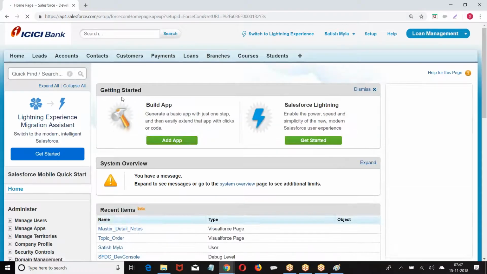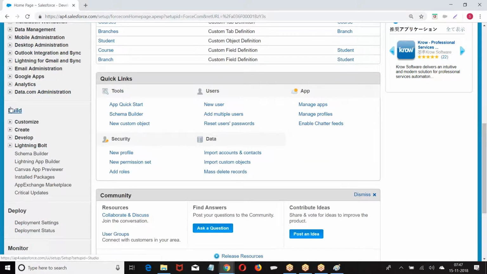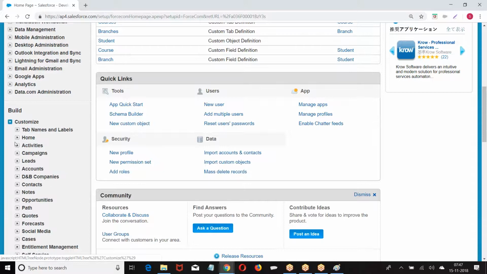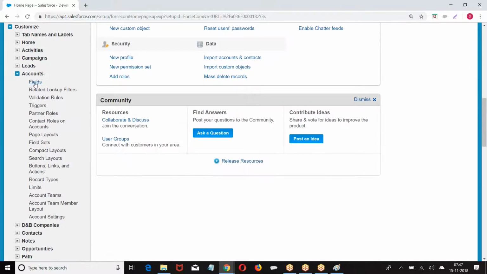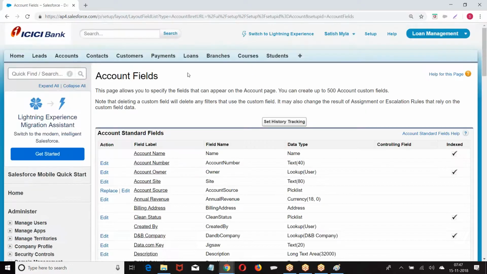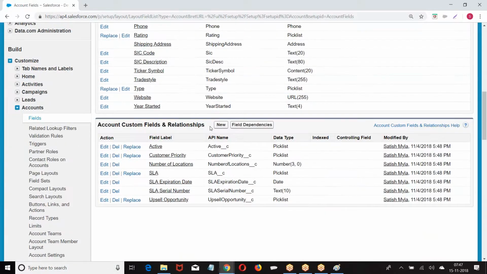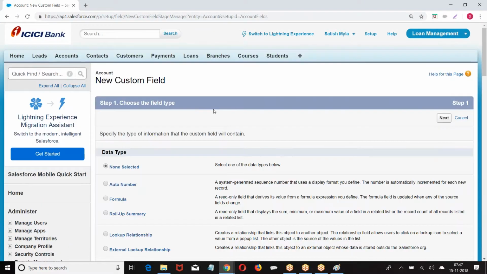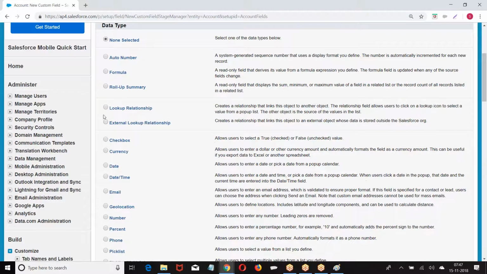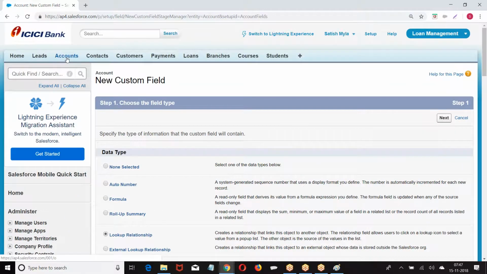Setup, build, customize, let us say accounts, fields, choose the data type. Do you have master detail? But do you have lookup? So can I create a lookup on a standard object? Yes, we can create.